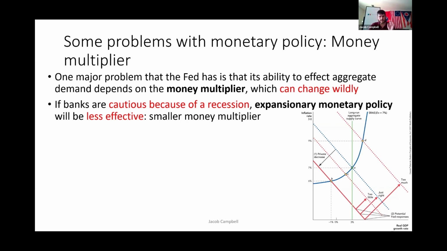Now, if you're a businessman, when do you want to ramp up your business? In a boom or in a recession? If it's a recession, you're going to be more cautious. And so too will the banks be. And so now this is kind of like the whole issue of the crowding out effect with fiscal policy. At the very time you need a big money multiplier, you're going to have a smaller money multiplier.